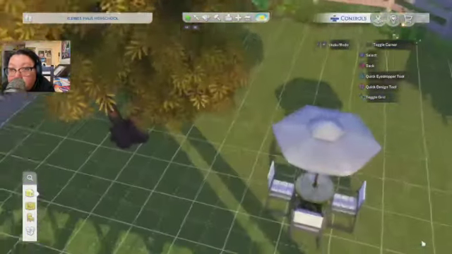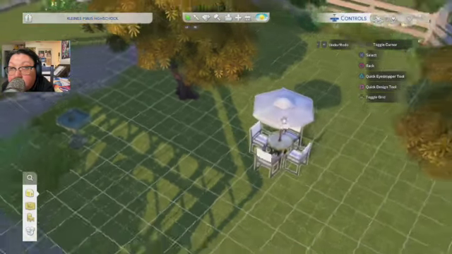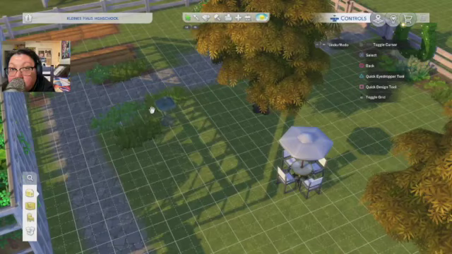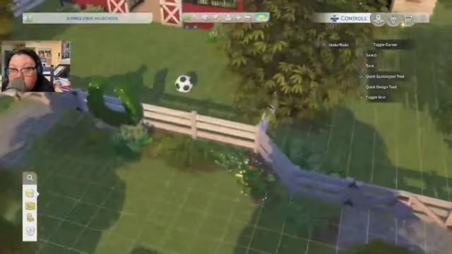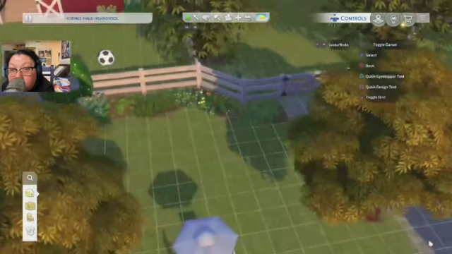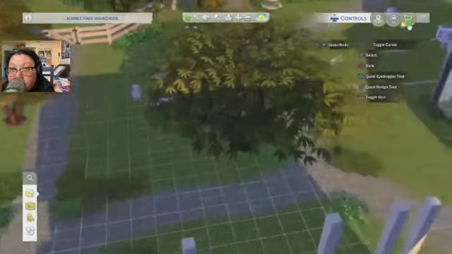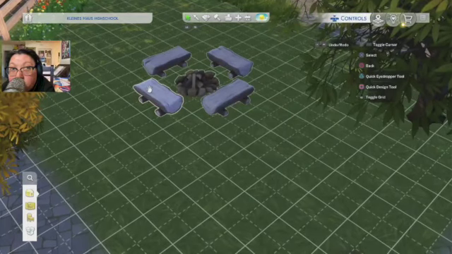And here I just added this little table in case you want to eat outside. I added a fountain, and I also added this thing right here that I thought looked pretty cool and looked pretty fancy. I added this also, this